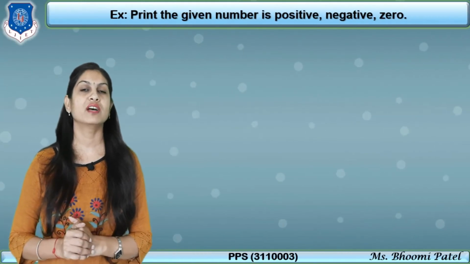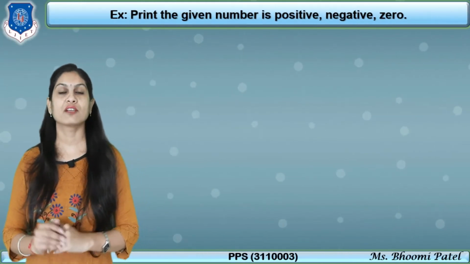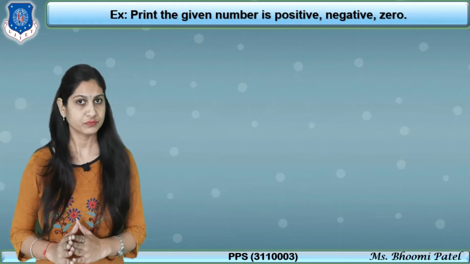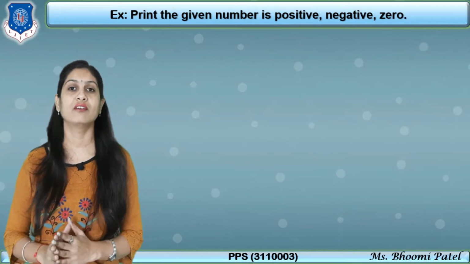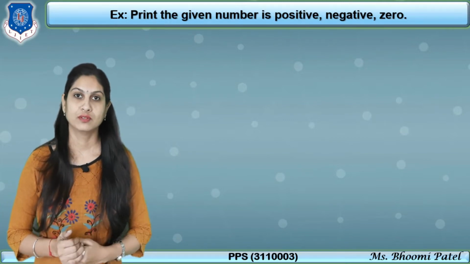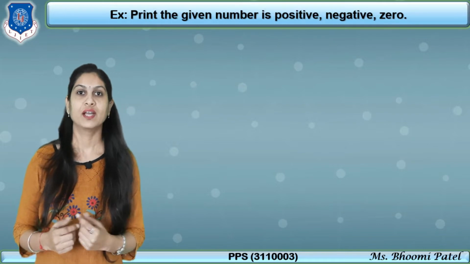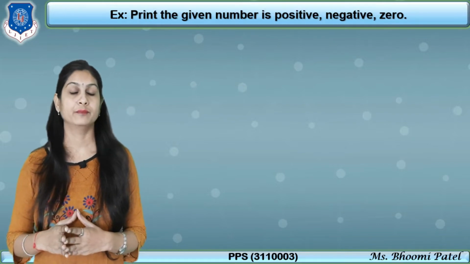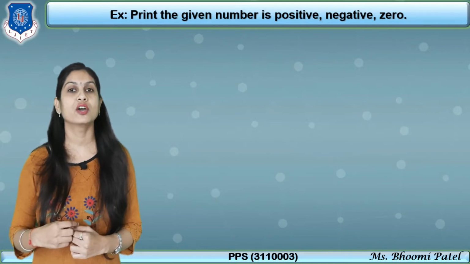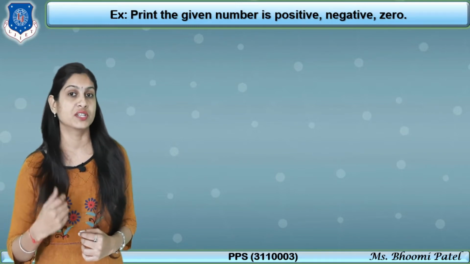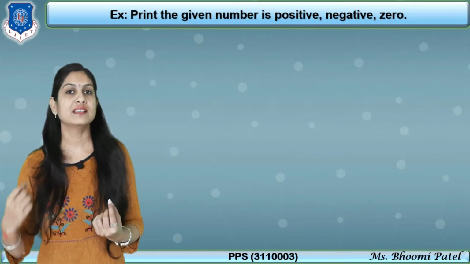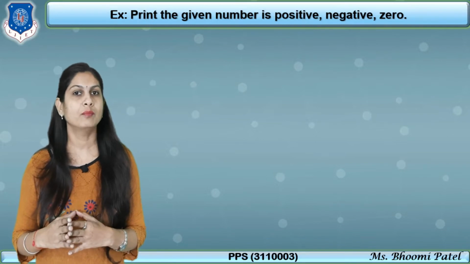Now understand with one simple program to check whether the given number is positive, negative or zero. As you are all aware of the logic, the number which we call positive is 5, negative is -5, and obviously the 0 is there. So how can you check? For that you first have to apply your mind to the conditions. Which one is the first condition? Suppose the number is greater than 0, then it is a positive number.